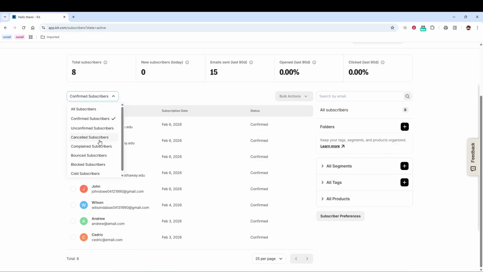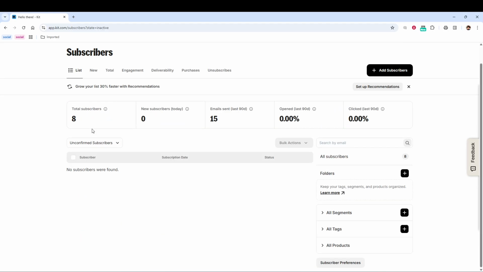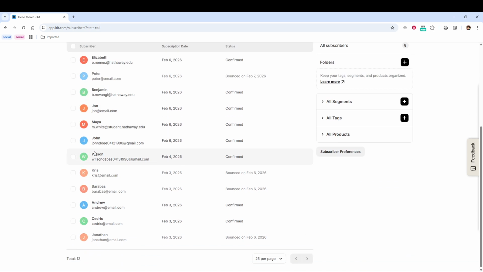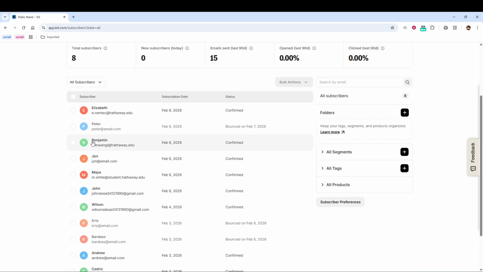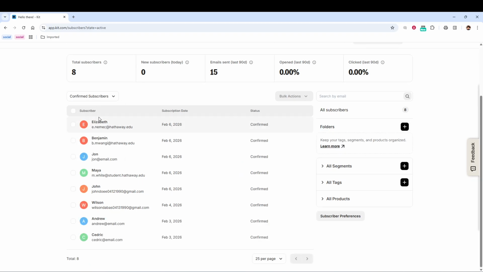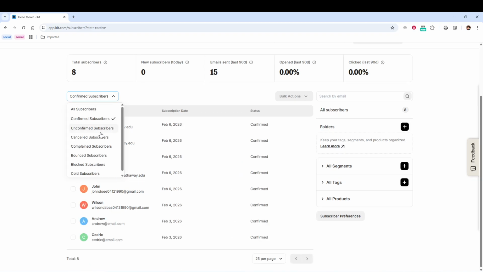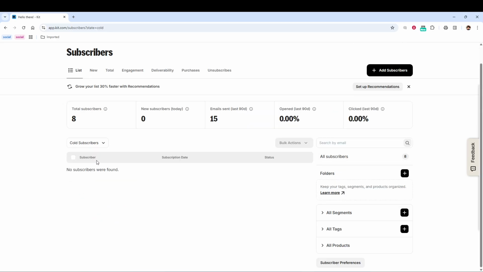If you click that drop-down, you'll see other options, such as Unconfirmed. These are people who filled out your form but haven't clicked the confirmation link yet. It's helpful to know who's in this category because their emails may still be sitting in spam, or they may have simply forgotten to confirm. You may also see a filter like Cold Subscribers. These are contacts who are still on your list but haven't engaged with your emails for a while. Knowing who is cold can help you decide whether to send a re-engagement campaign or clean up your list over